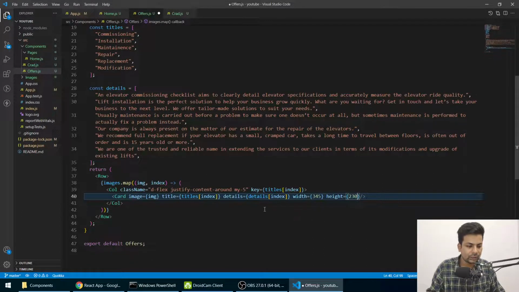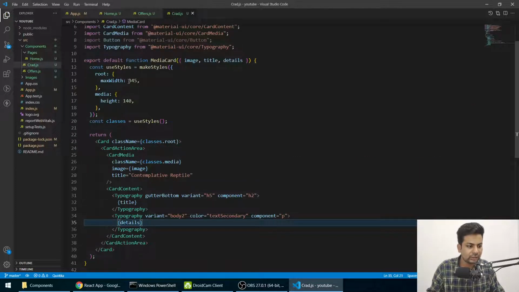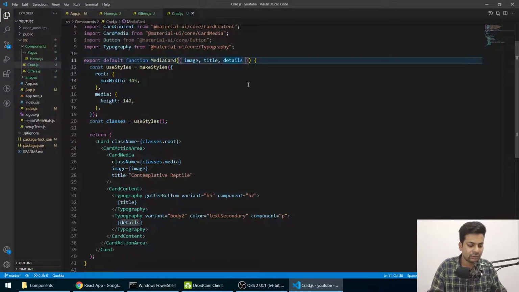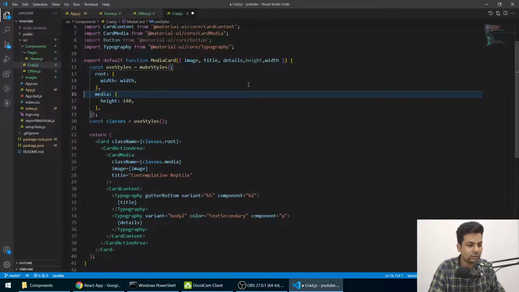Okay, and we'll save it, and in the card section we'll take height and width, and here instead of max width we'll just change it to width, and here we'll change it to height.